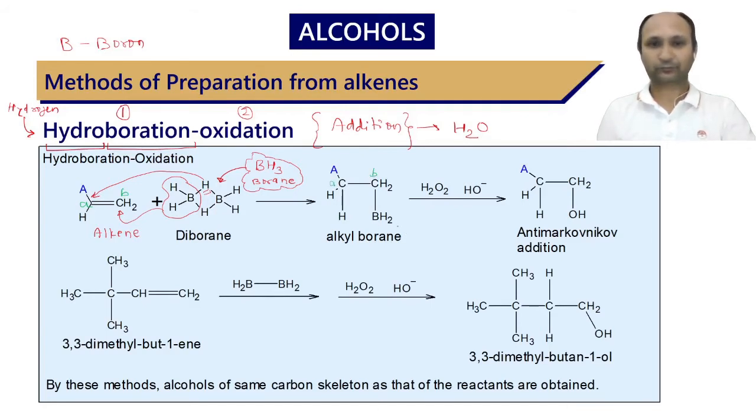Now this BH2 is capable of removing these hydrogens one by one, and we can attach this whole alkene moiety to it, and we will be able to get 3 molecules of our alcohol here. Okay, so here when this diborane reacts with our alkene, it results in compounds of the series alkyl borane,